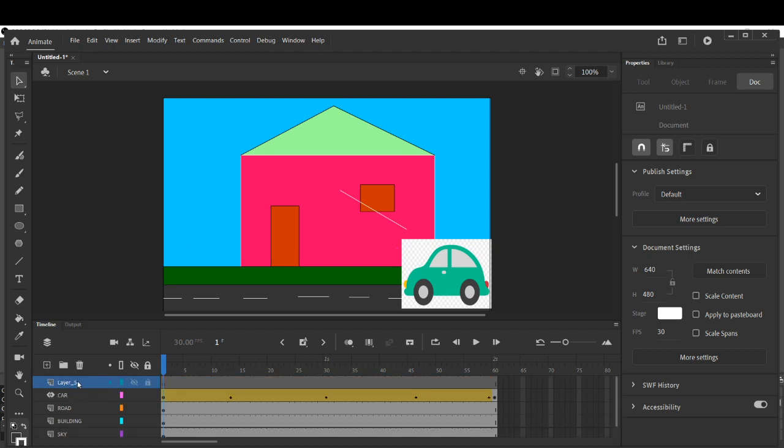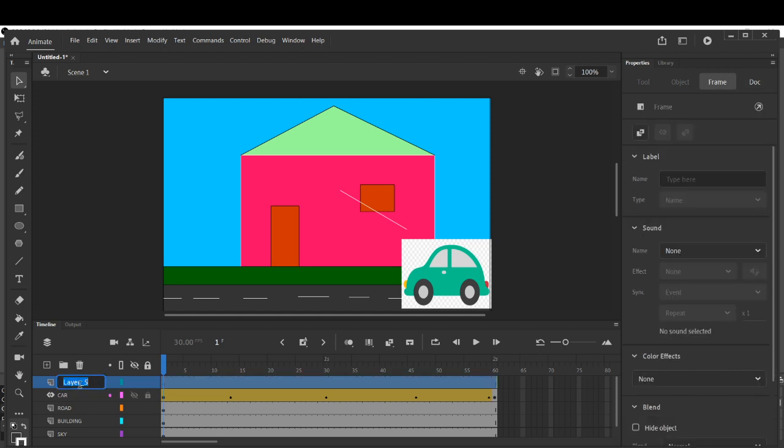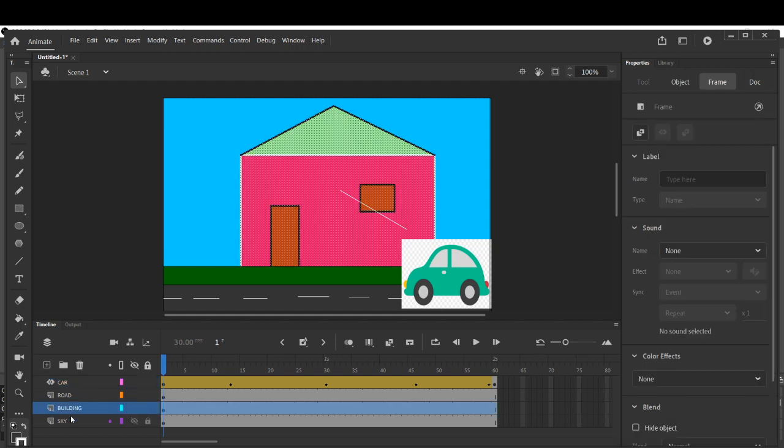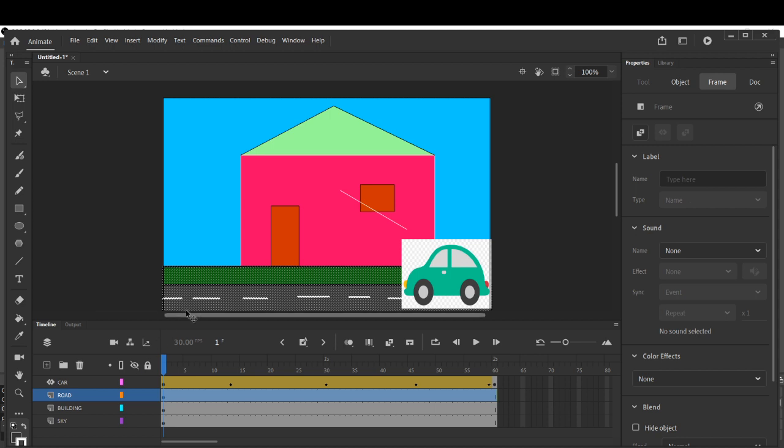See, I have inserted it, and double click on that layer so that you can rename it. But I have to delete it, it's an extra one, so delete it, children. Now after drawing the building, first we have drawn the building, then we have drawn the sky. Sky is capturing the building, so the building is above the sky, that's why the building part is now visible to us. Then we have created the road, on that we have created some grass area and road area, and at last we have created the car.